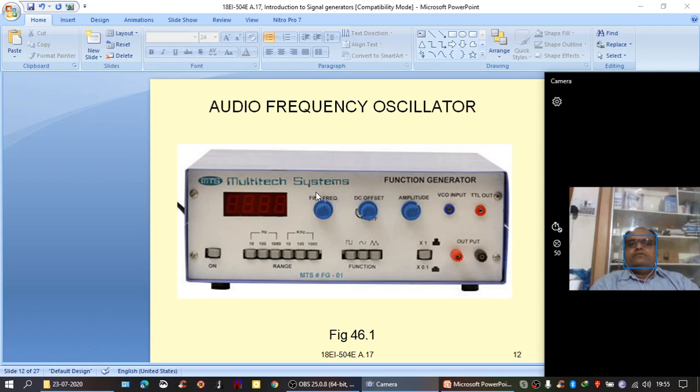When you vary the frequency here, it will change in terms of tens: 10, 20, 30, 40, 50, and so on. In the second set, it is 100 hertz range. Third one, 1000 hertz range. Then kilohertz, 10 kilohertz range, 100 kilohertz range, 1000 kilohertz range. And this is for triangular wave. This is for sinusoidal wave. This is for sawtooth wave.